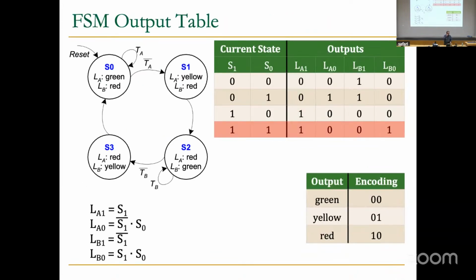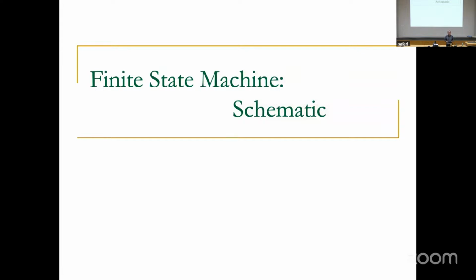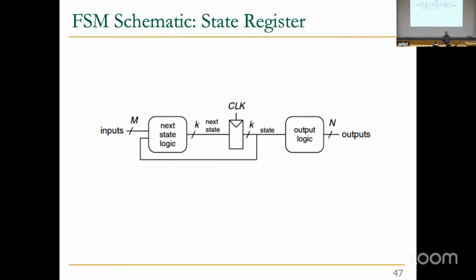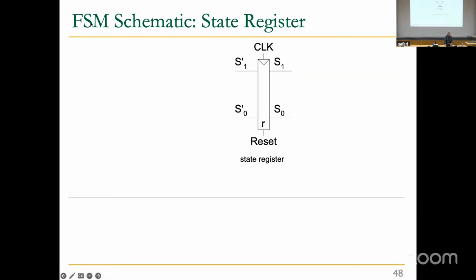Okay, let's continue. So this is also the FSM output that we provided. Now let's see the schematic of this FSM. This is the circuit that we are looking for: the combinational circuit to generate the next state, the combinational circuit to generate the outputs, and also our state register. This is the schematic for our state register. We encode our states into 2 bits, so essentially we have a register that has only 2 bits, which is easy.